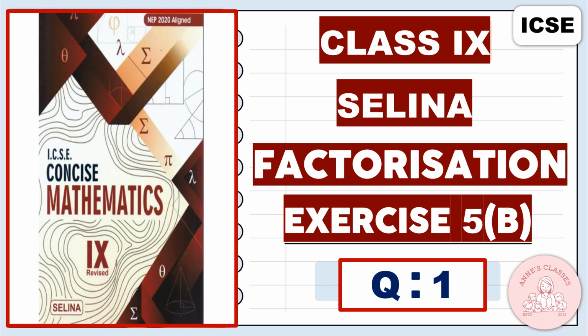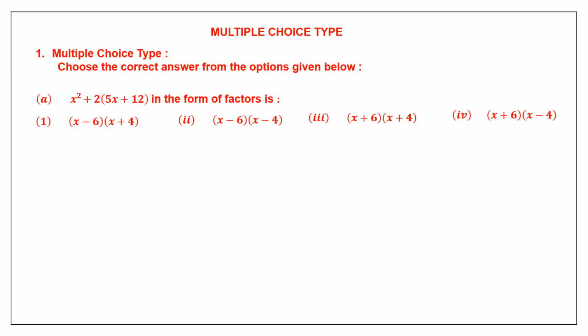Let's do factorization, exercise 5b. So the multiple choice type questions. Question 1, choose the correct answer from the options given below. So we have question A, x square plus 2 into 5x plus 12. Now this in the form of factors is, that is, we need to factorize this and find which of these